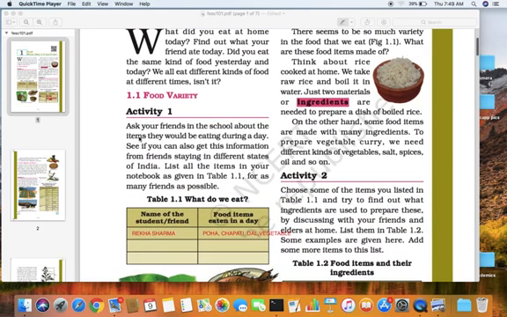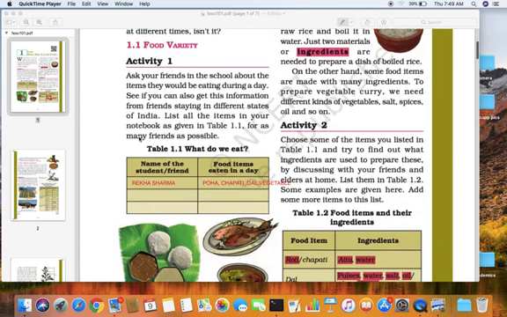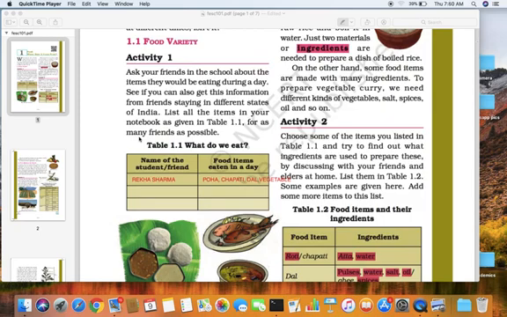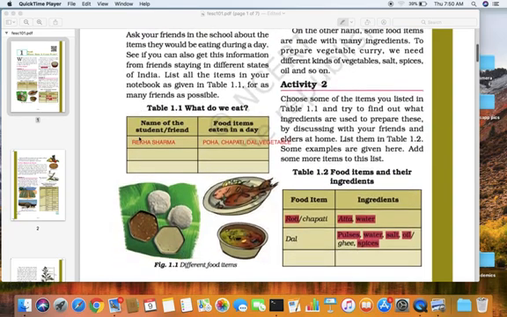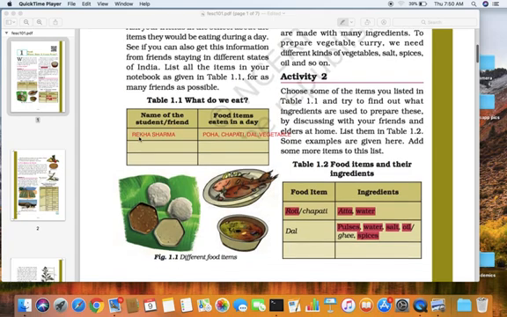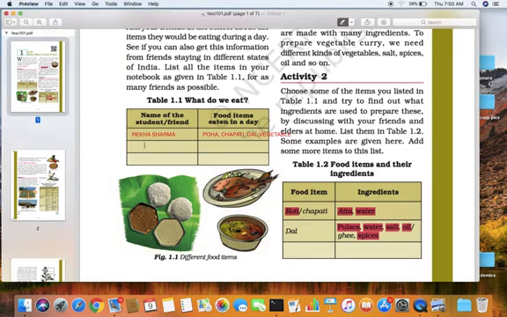Now, come to the first topic of this chapter, that is food variety. We will do this very interesting activity, activity 1. In this activity, we will try to find out what food items we eat in a day. For example, a table is given here. Here I will write the name of any one of you. For example,